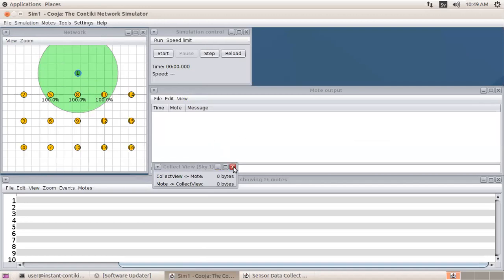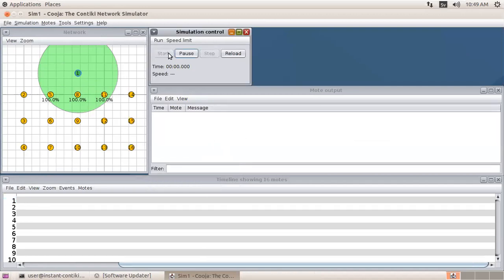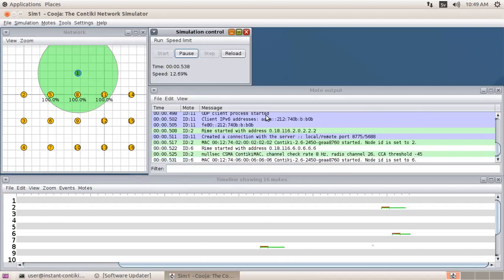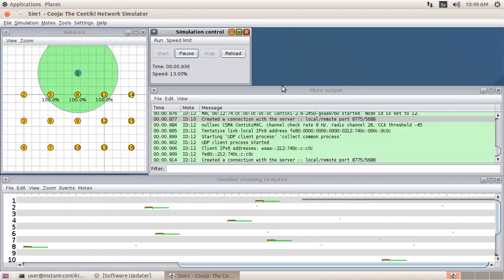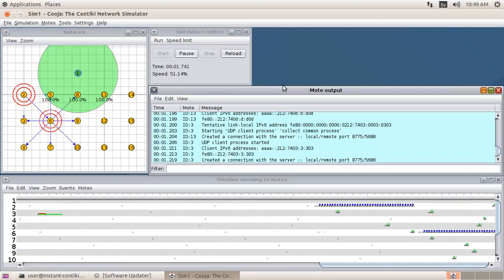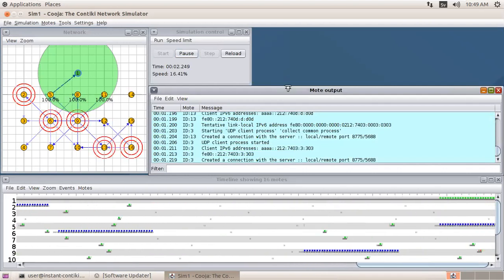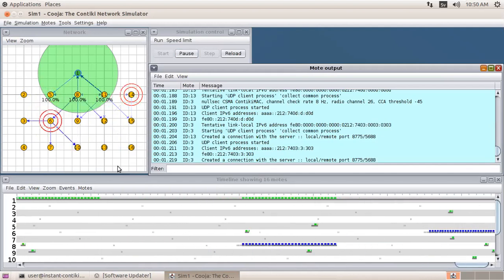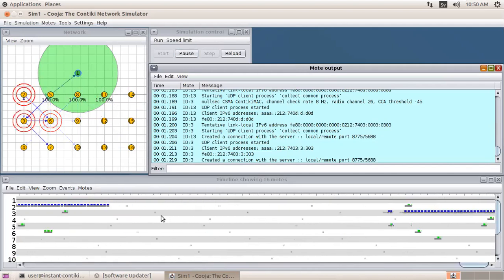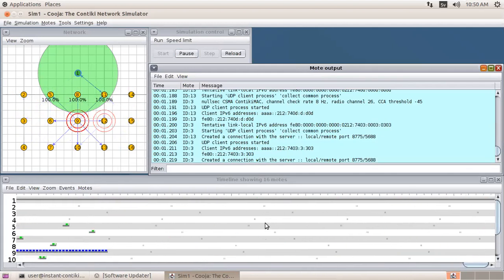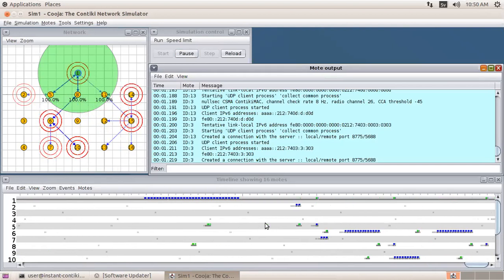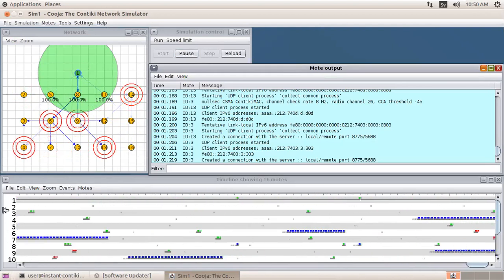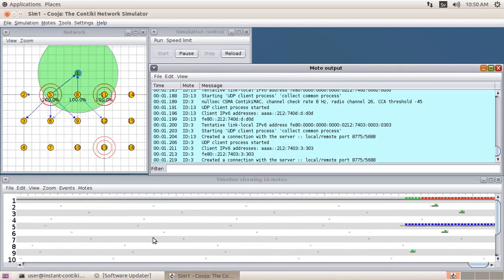So what I will do now is start this communication, and once the communication starts, you will see there will be a connection setup between the sensor nodes and the sink, right? So when the sink gets connected with the sensor node, you will find the blue packets over here, which means there is a transmission of data taking place between the sensor nodes and the sink, right?